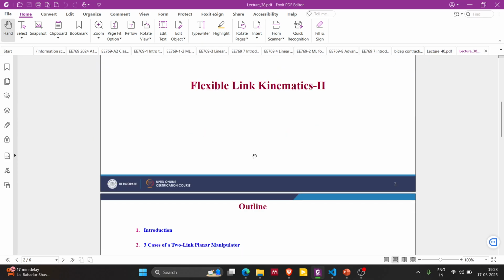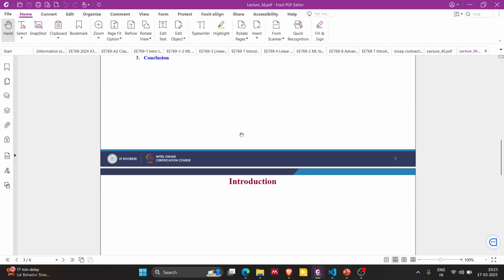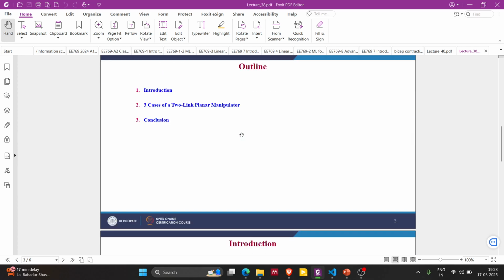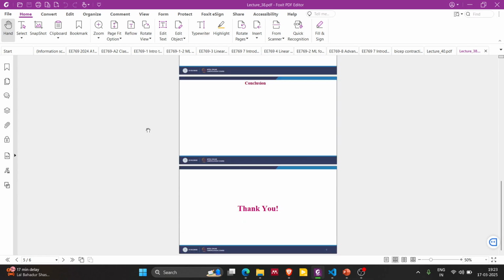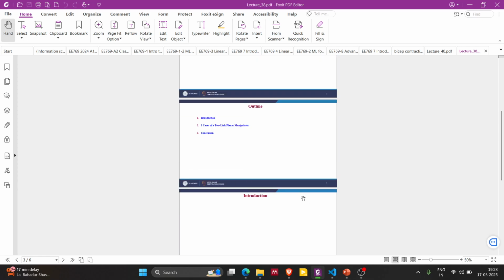A flexible link. Here Professor Philip discussed the derivation of those three cases, right? But you won't find those derivations. For that, you need to go through the lecture again and write it down. Not everything, but the part